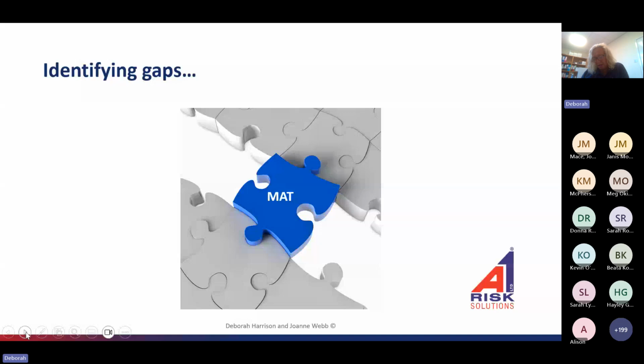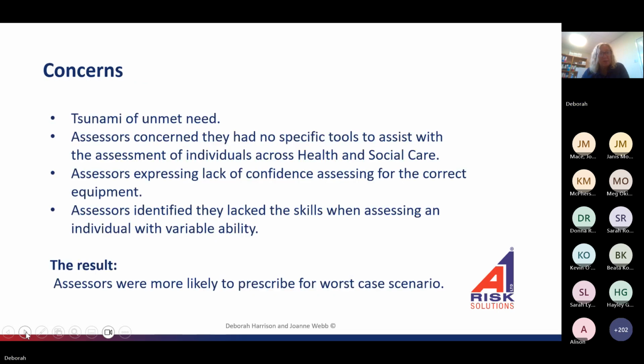So, yeah, that's where this MAT tool actually came from. We identified that gap with proportionate care. There were lots of concerns out there, lots of unmet need, and that whole thing of giving assessors the confidence to prescribe the correct equipment was